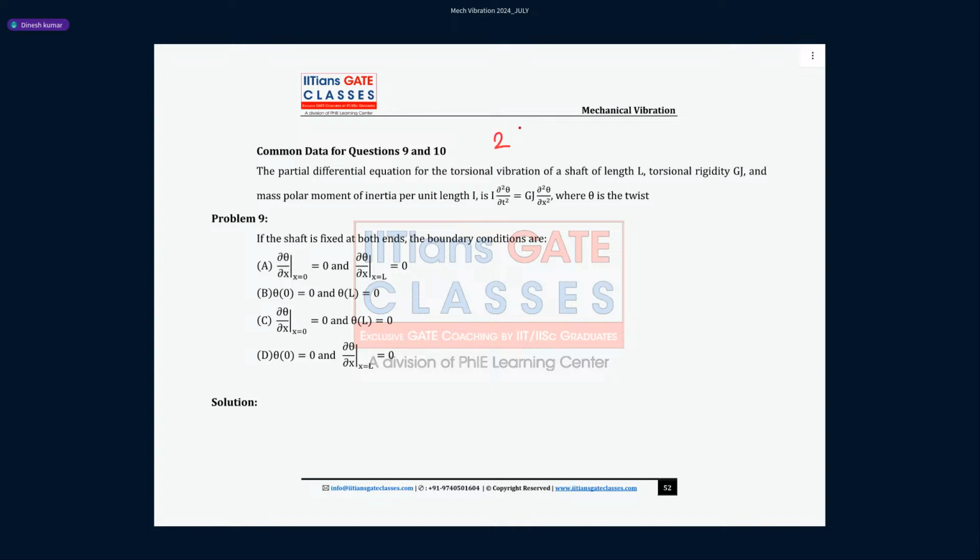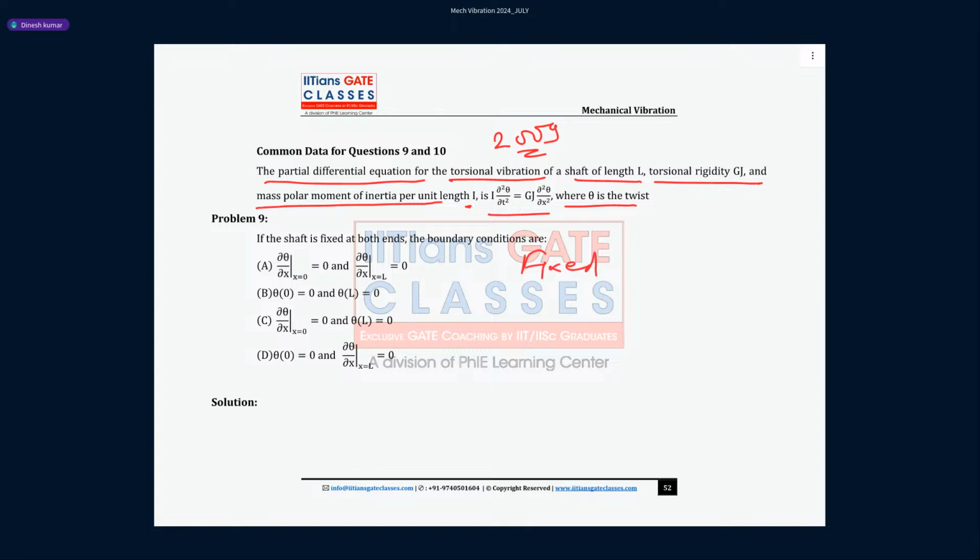So this came in GATE 2009, the year in which I wrote the paper. So what it says, the partial differential equation for torsional vibration of a shaft of length L, torsional rigidity GJ, and mass polar moment of inertia per unit length I. So this is the equation they have given, where theta is the twist. So we know if both ends are fixed, right? We already know in case of vibration of shaft,